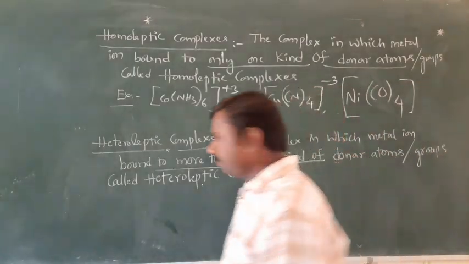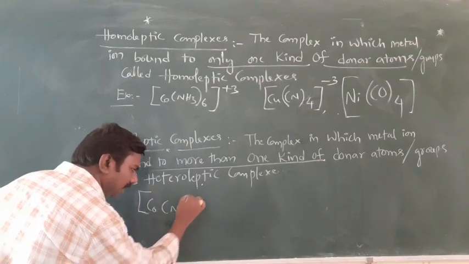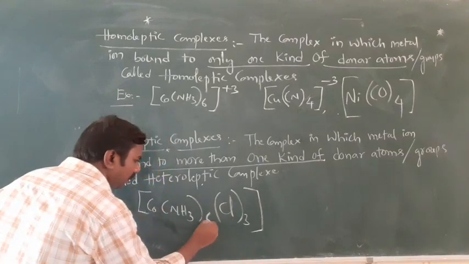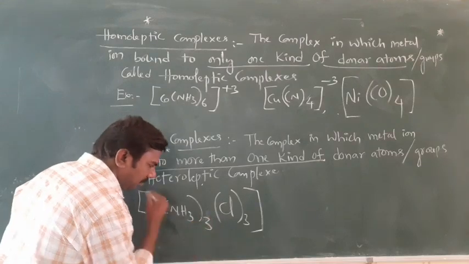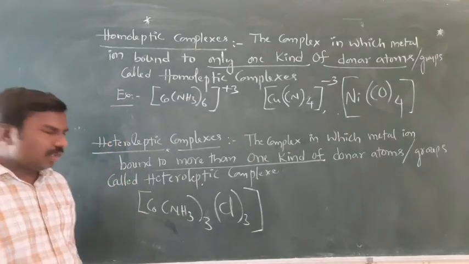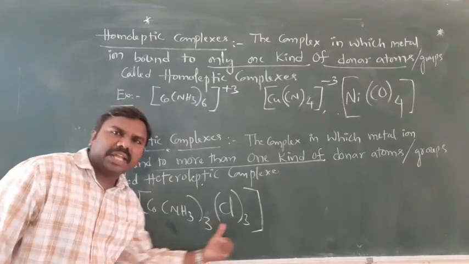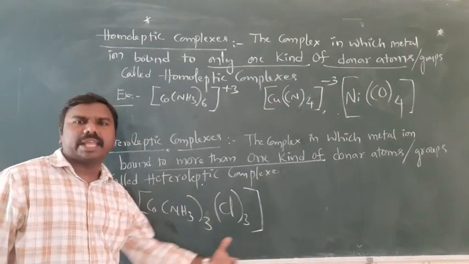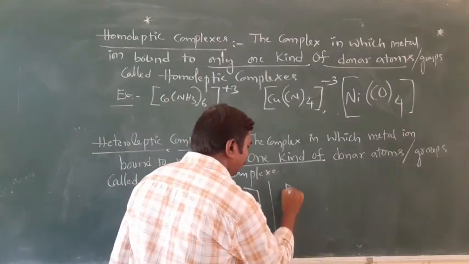Heteroleptic means different. [Co(NH3)3Cl3]. Cobalt is the central atom. 2 types of ligands are there: 3 are NH3s, 3 are chloride ions, different ligands. That's why heteroleptic. You can say another example, platinum,